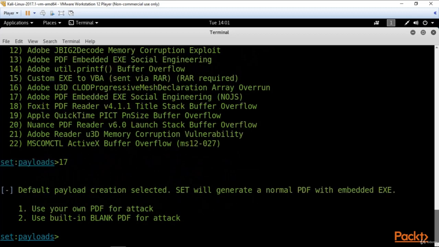So let's go further. Now we can choose to create a PDF of our own or use a built-in blank PDF for the attack. In the first option, if our target gets the PDF, it could be a real readable PDF file. But if we use option 2, it will be just a blank PDF, so a target opens it and sees nothing, and as usual people think that it's just a broken PDF. So for demonstration purposes I use option 2,